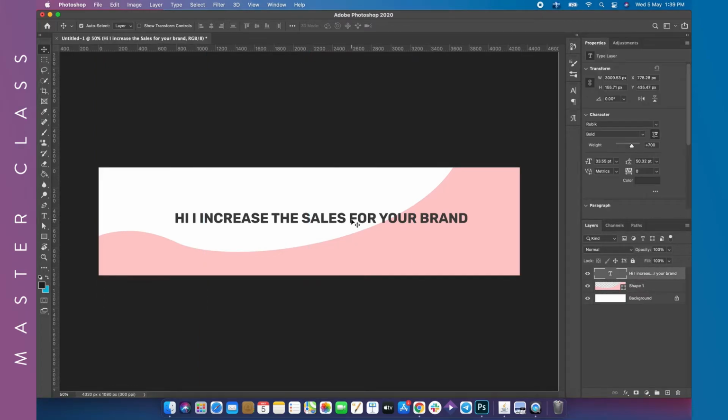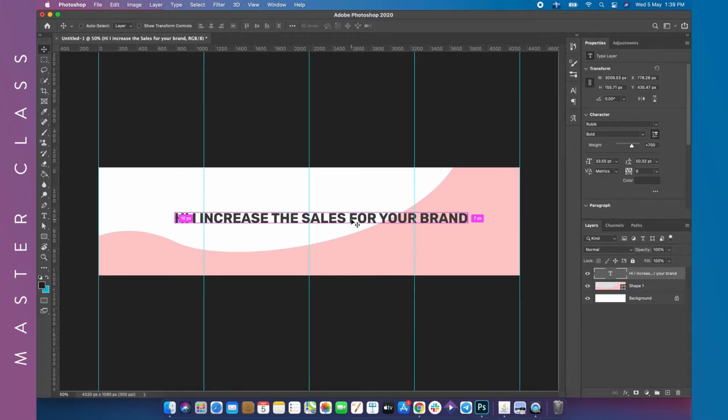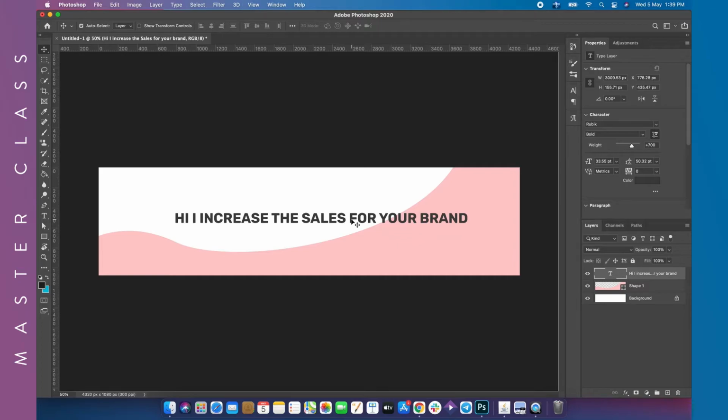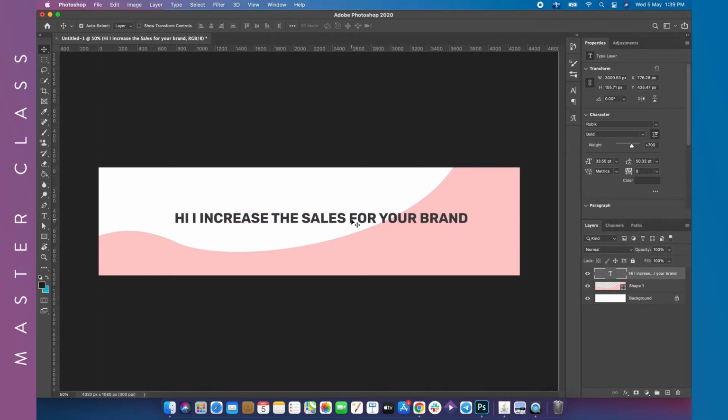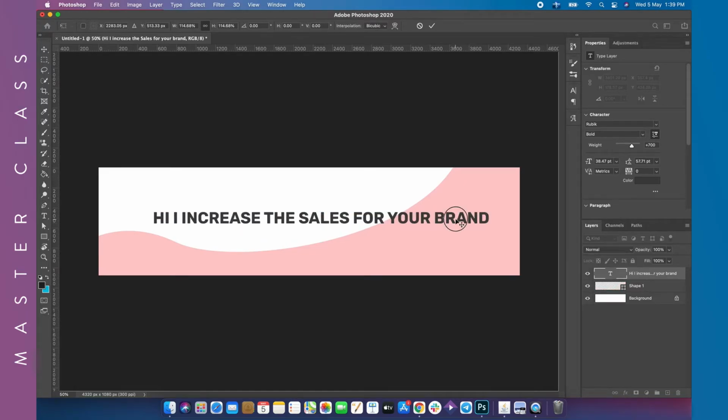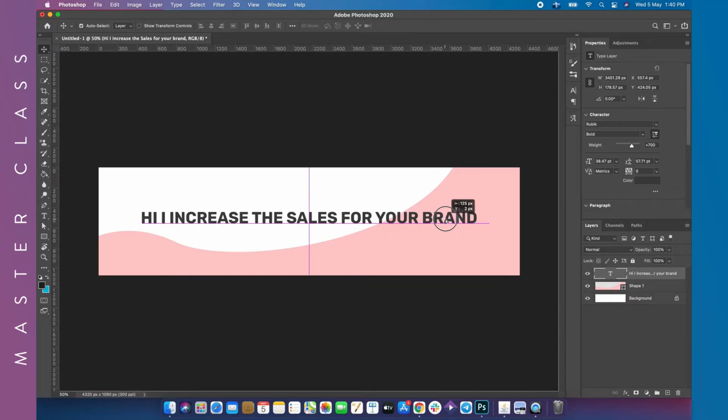And if you press Command or Control and this colon button, then the guides will be enabled or disabled. Okay, it will not go anywhere, but it will be enabled or disabled. That's it, so that you can see your design properly, and then you can manage all your design aesthetics and everything which you are looking for. All right, so if I want to increase my size, yeah, that's it.